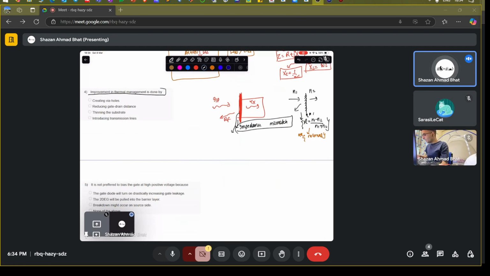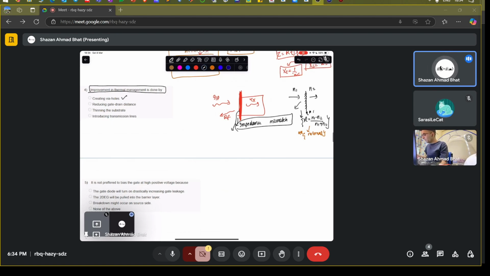We have another question: is improvement in thermal management in the GaN AlGaN structures done by... So this particular question has multiple answers. Maybe they might have shown a single answer, but it can be done via via holes. It can be done by thinning the substrate. Why it can be done by using these is because